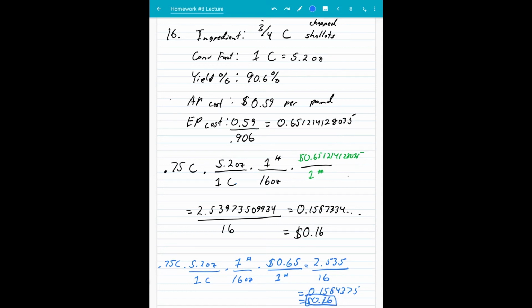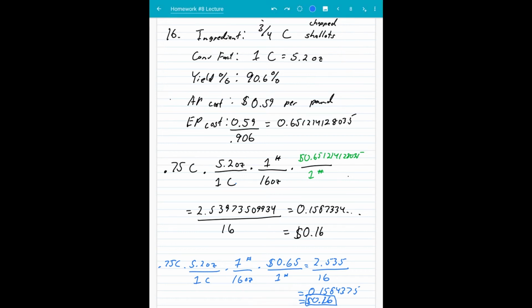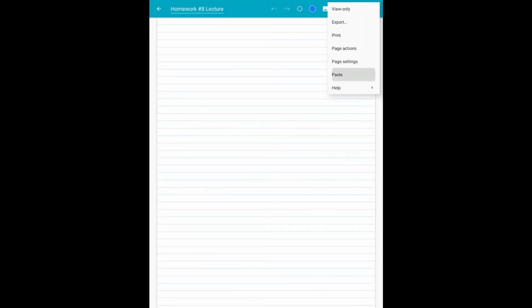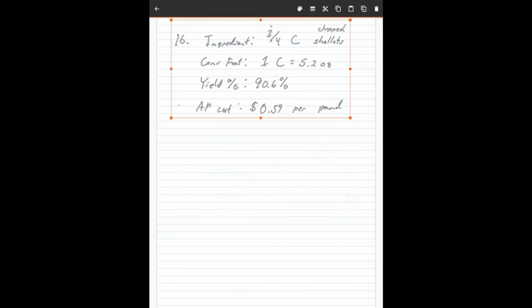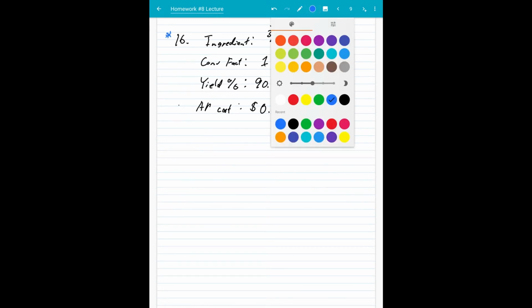I like to keep the numbers as infinite as possible. All right. Whew, that's a lot of work, right? Let me show you a different way of doing this, though. I'm going to take all this stuff right here. I'm going to copy all this. Okay, I don't want the EP cost right now. Let's go over to the new page. Let's paste it. Let's take the same exact problem. I'll put a little star next to it